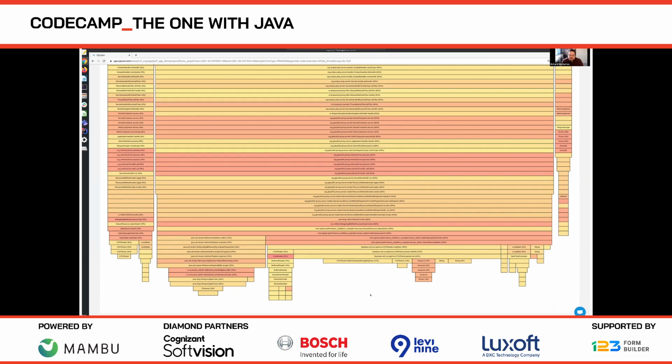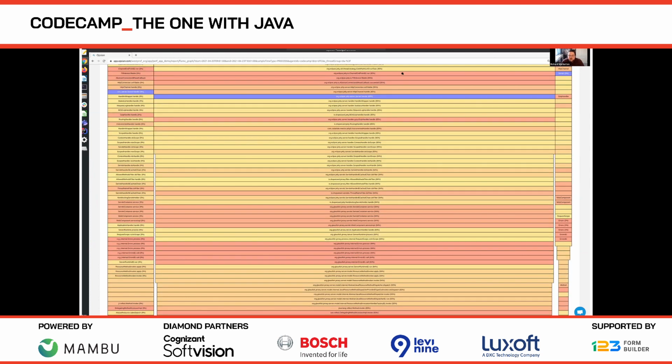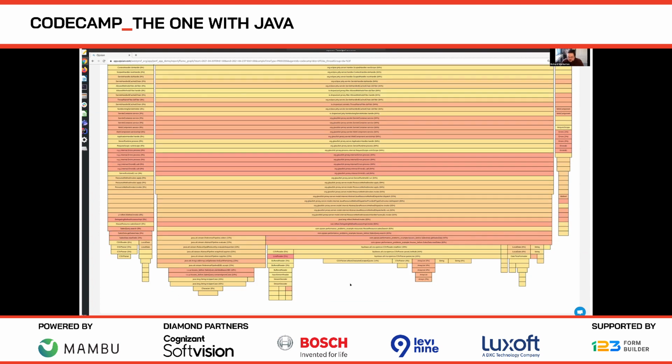But where flame graphs become interesting is where the boxes get narrower. So the width of the box represents how much time a method or its children have used up in total. So what we want to look at when we see a flame graph is where the boxes get narrower, and where we get lots of smaller boxes taking up space rather than just these big fat boxes that, okay, maybe their children are taking up a lot of time, but they aren't actually using how much time themselves.